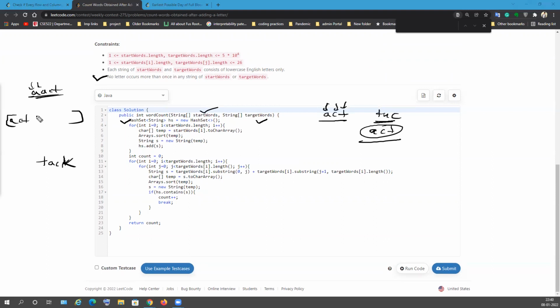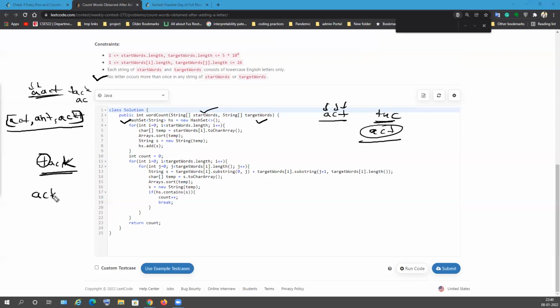After sorting and inserting ant, act, and tech, we have to sort first. So this will become A, C, and then T. The order is A, B, C, D, F, G, H, I, J, K, L, M, N, O, P, Q, R, S, T. So K, then T. So this is our hash set, right? Now, if this is our target word, what I will do is first ignore this particular character.